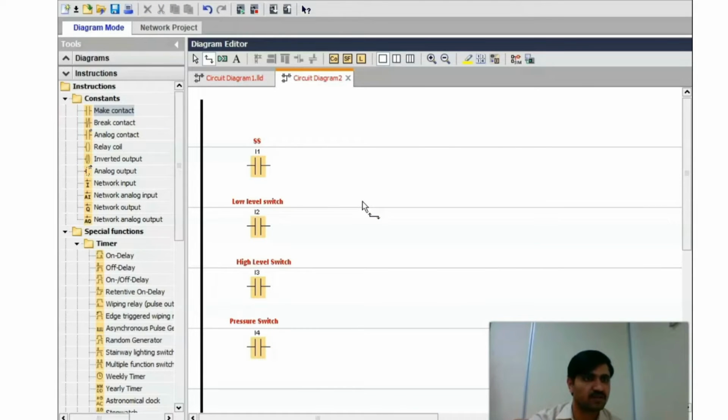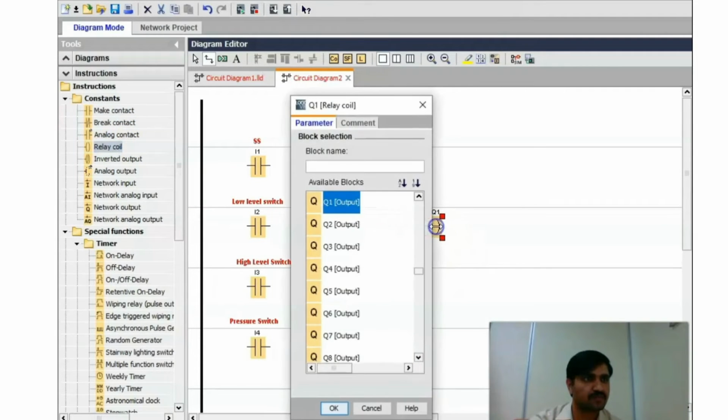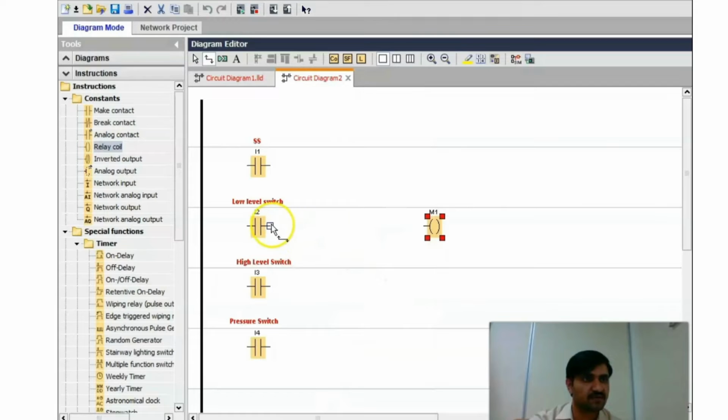We will use internal relays with the inputs. So from the I2, supply will go to M1. We need to select M1 from here. We can select any, but I am selecting from the beginning. So the first internal relay is M1. I selected the M1.